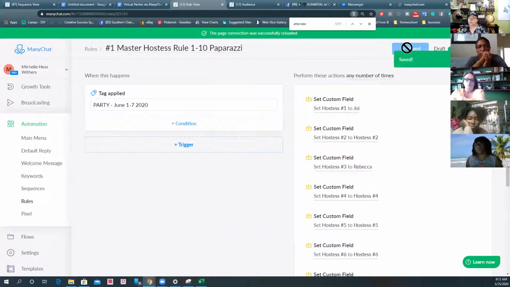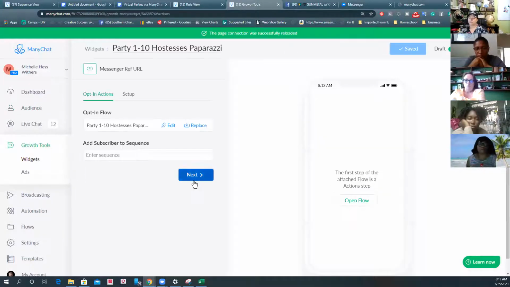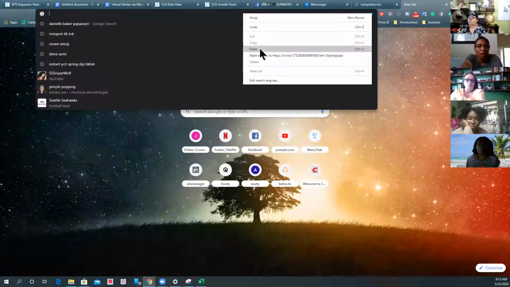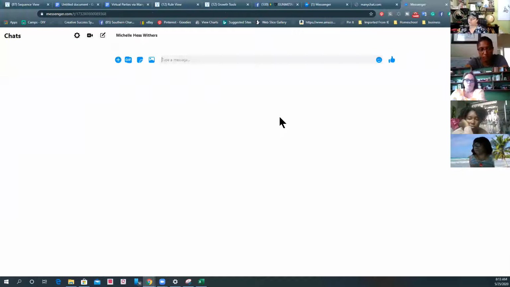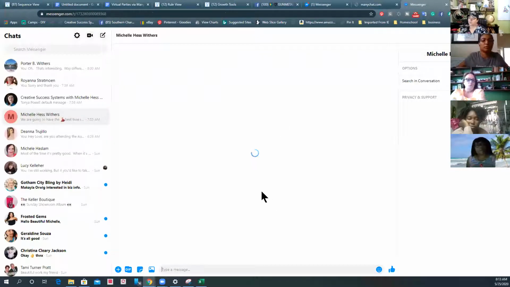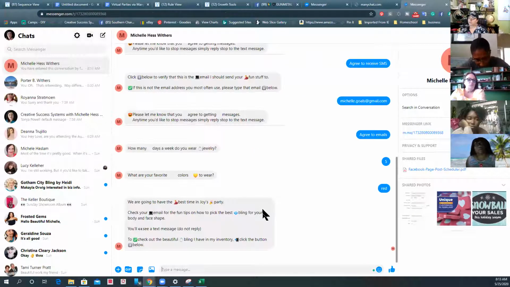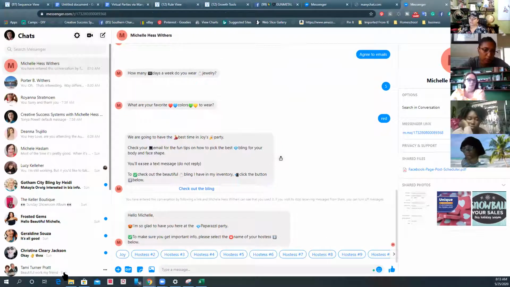Now, there's one of two things I can do. It's super, super easy just to come back to the growth tools. I've taken off the tag. So you have to take off the tag first, okay? I hit next, I copy, and I paste it in again. And then let's scroll down here. Come on, pop up. Okay, so now